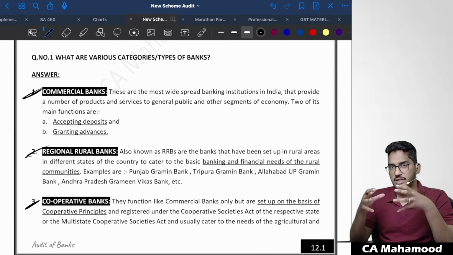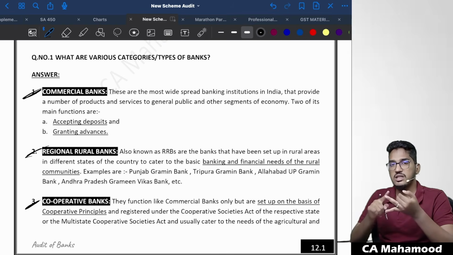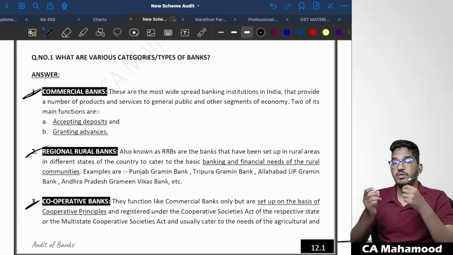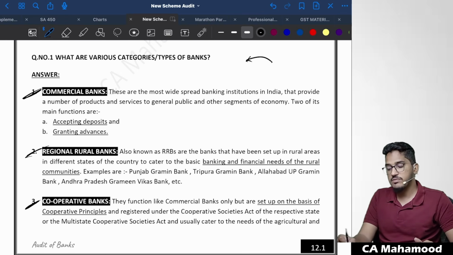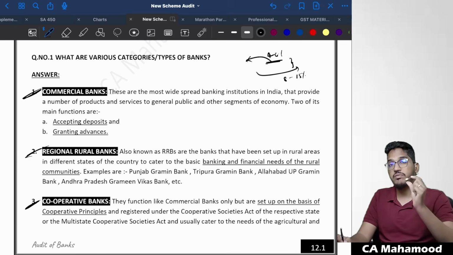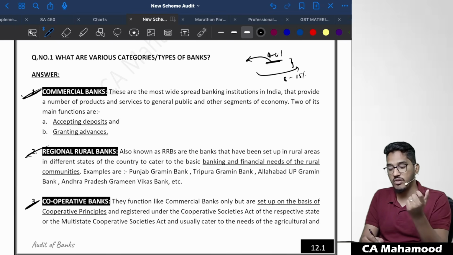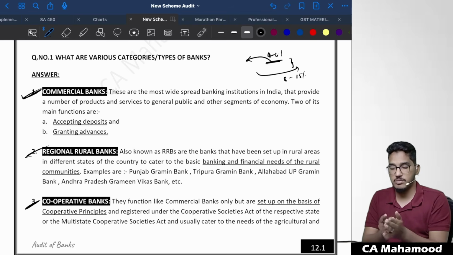See, all the banks we have today are commercial banks, which are those banks that are into the business of accepting deposits and giving loans with the intention of making profit from the differential interest component. For example, when they accept deposits from the public, they pay interest of some 4 to 6%, but when they give loans to the public, they give loans at the rate of 8% to 15%. So any bank which is into the business of giving loans and accepting deposits with the intention of making profit from that differential interest falls under commercial banks. Today all the banks are commercial banks.